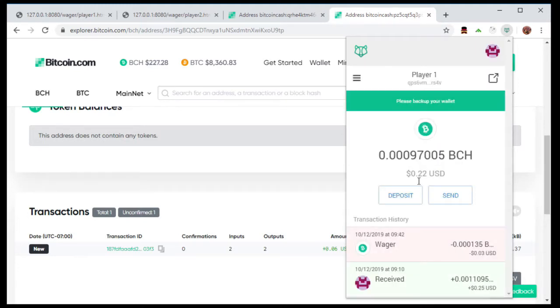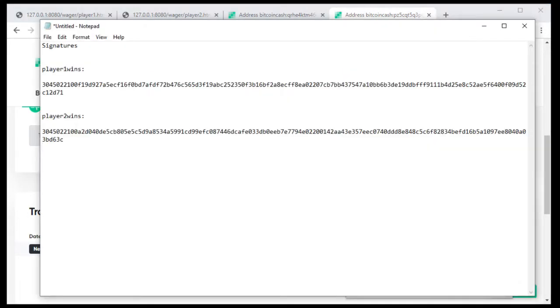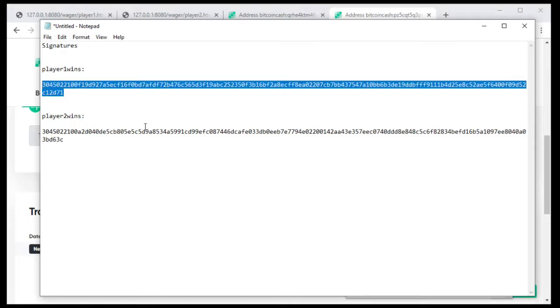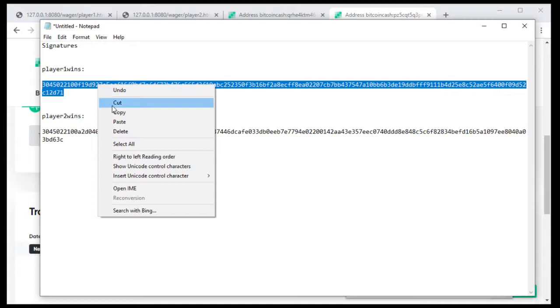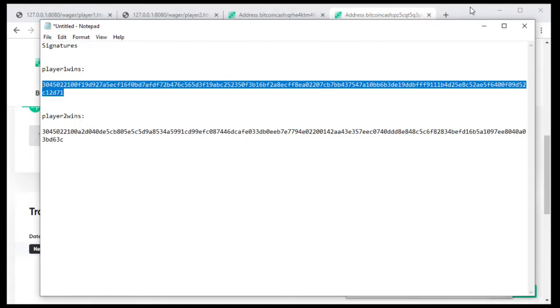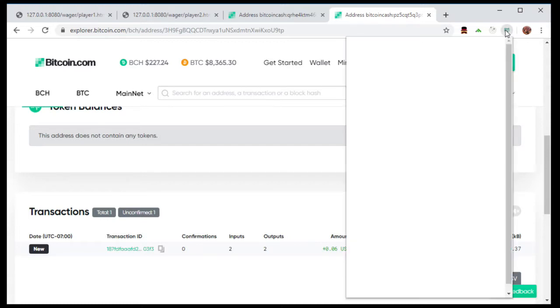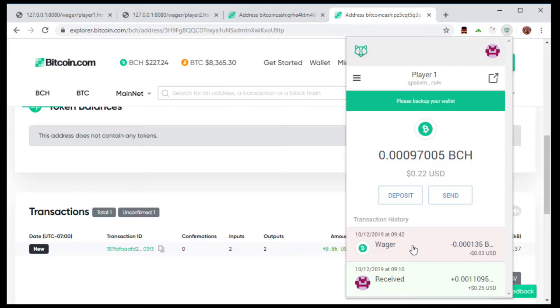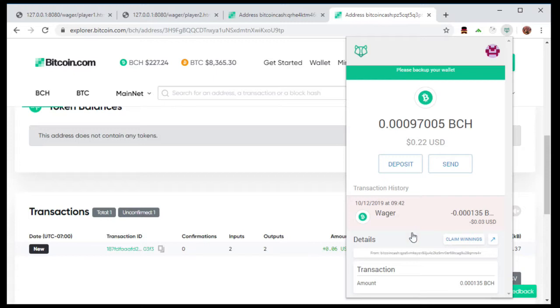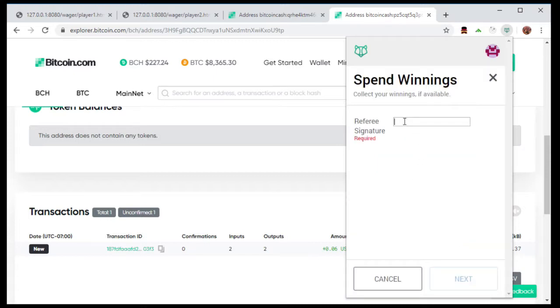Let's go back to player 1, and we will allow, in this case, player 1 to win. So here are the two signatures. The signature, if player 1 wins, will be broadcast by the referee, and if player 2 wins, also broadcast. So we're going to select player 1 wins. We're going to select that signature. And he's going to cash out his winnings as though the event has already taken place. He's just going to click on wager here, his wager, this is player 1. He's going to go to claim winnings, paste in the referee's signature, which will say it's valid. He goes to next,